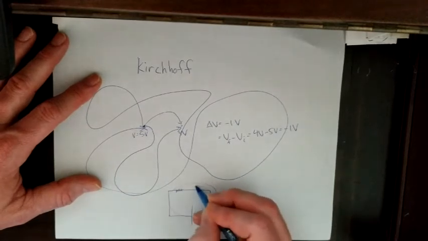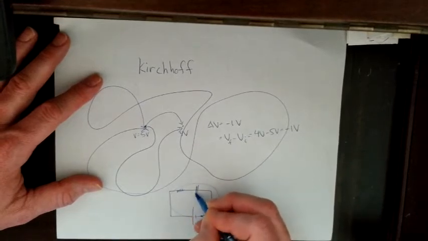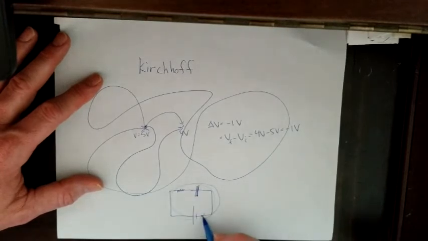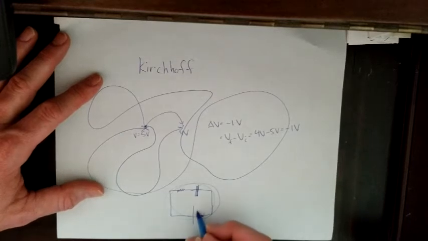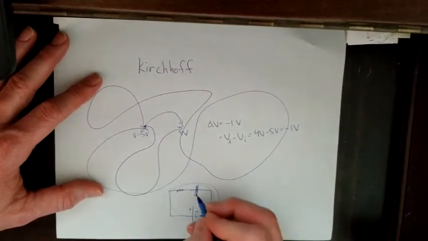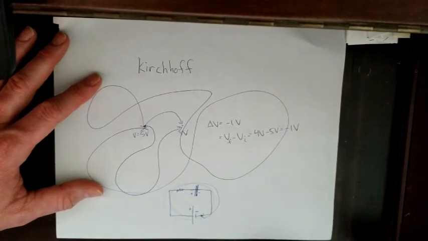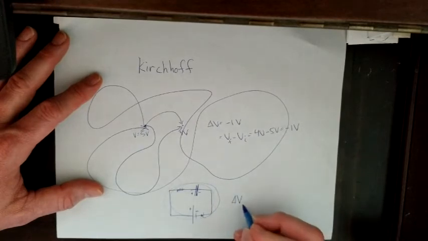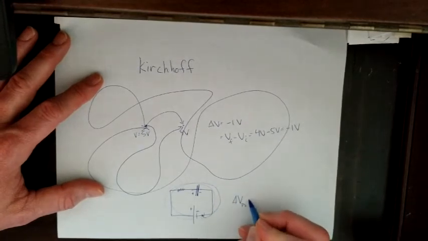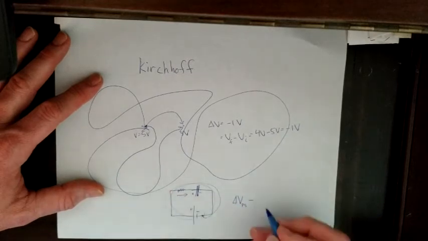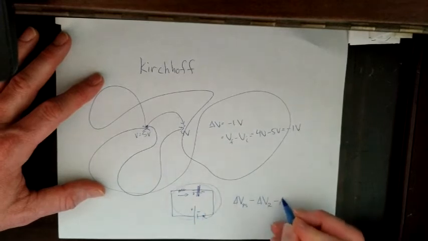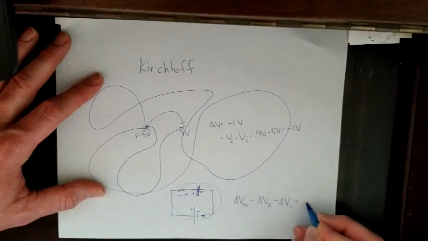If I throw some components in here, a resistor and a capacitor, and I start here and go all the way around, I'm going to end up back in the exact same spot, with my total change being 0. So if I go across the battery, this is a negative and positive side, and that'll be the negative and positive side of the capacitor. I have some change in potential across the battery, across my power supply, minus the change in potential across the resistor, because I'm going to lose potential going across the resistor. I'm going to lose going across the capacitor, minus the change in voltage across the capacitor,